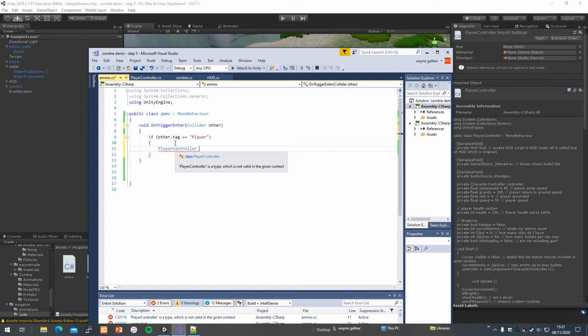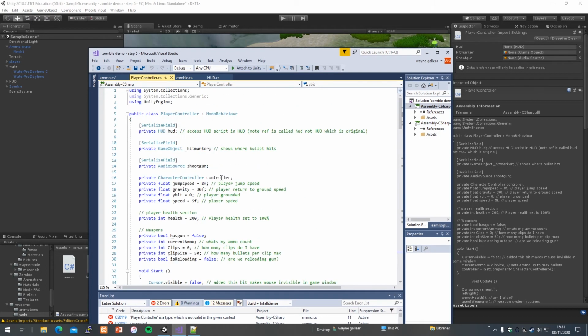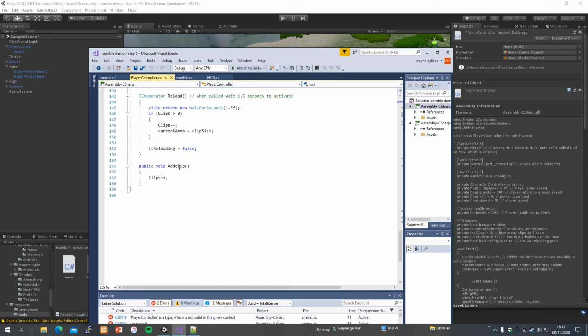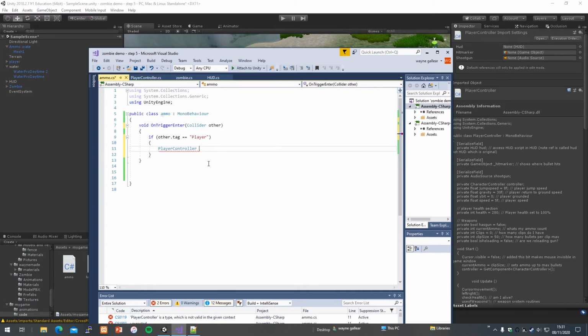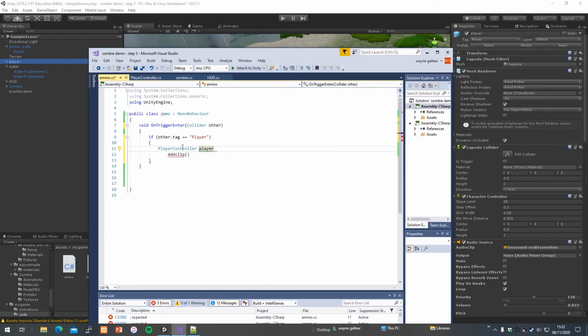That's the code, I'll show you. I'm trying to make this as easy as possible for you. Within PlayerController is a function that I wrote just earlier called AddClip. So we want to activate AddClip. I might as well just copy and paste that. It's going to be attached to the player. Now that is the player, there is the object Player. Can you see? Player, there's the name. So PlayerController within player,